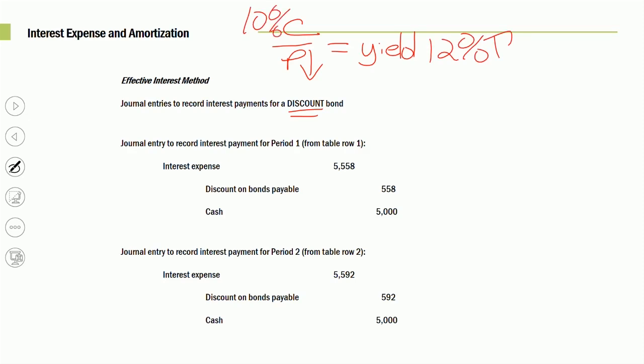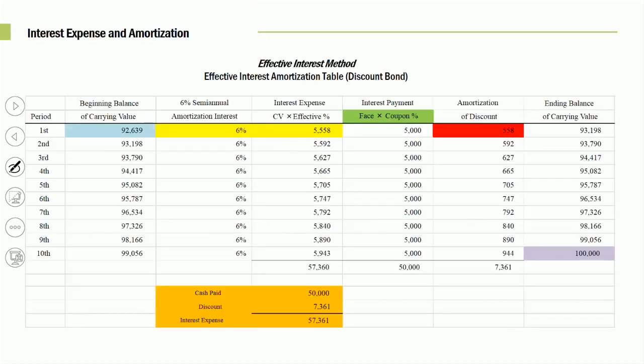So we've got a 5-year term, 2 payments per year, 10 total payments, 12% divided by 2, 6%. Let's find our present value factors. Present value of our principal plus the present value of our coupons gets us the selling price of the bond. So as we saw earlier with this example, what was the amount of actual cash collected? We collected only $92,639.